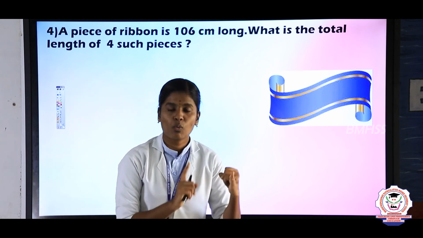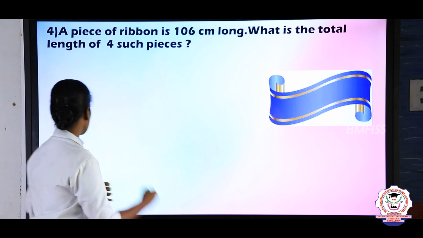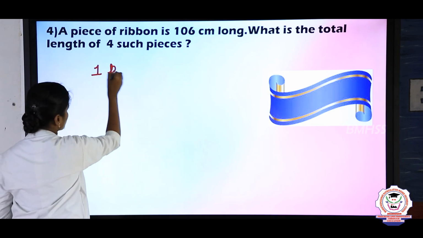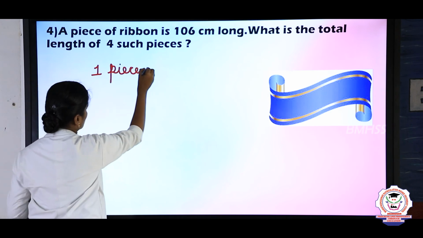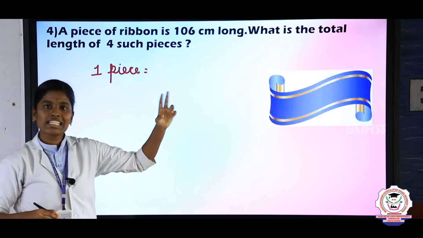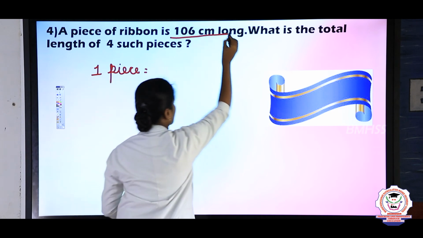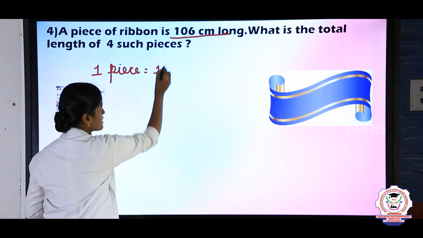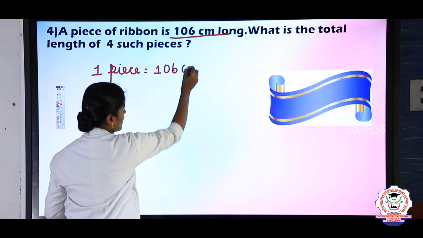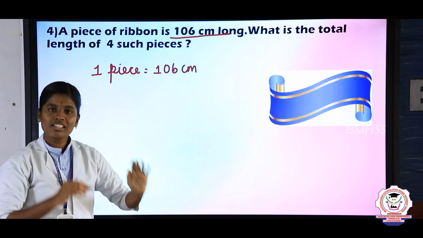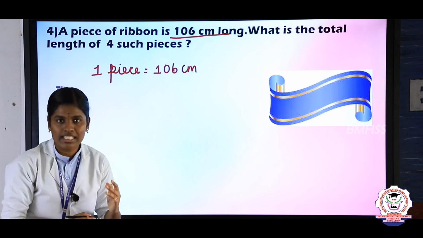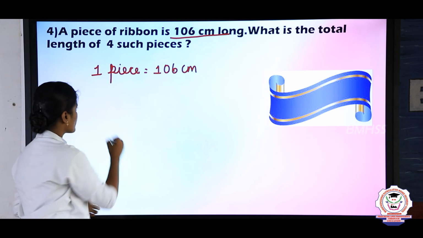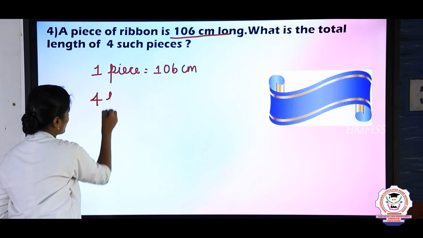First you are going to write one piece equal to 106 centimeter long. So write that one piece equal to 106 centimeter. And now we are going to find what is the total length of 4 such pieces. So write here 4 pieces equal to